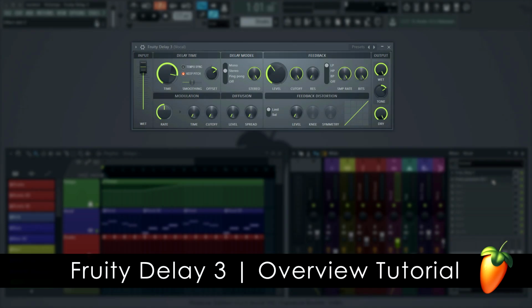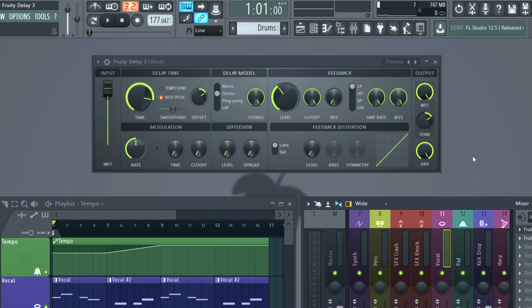In this tutorial, we'll look in depth at Fruity Delay 3. Delay 3 is an included free plugin with FL Studio 12.5 onward. First, an overview. We'll cover the input section, the delay time, delay model, where you can set various delay